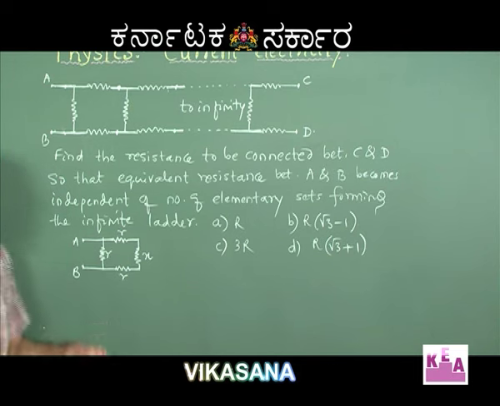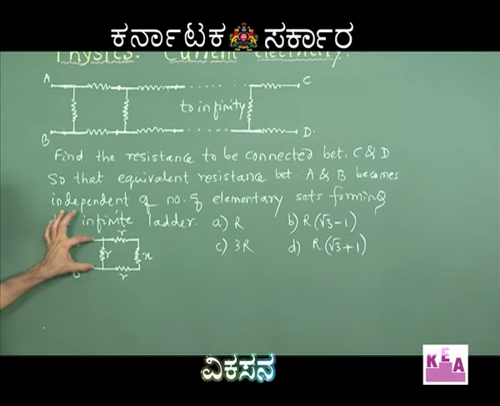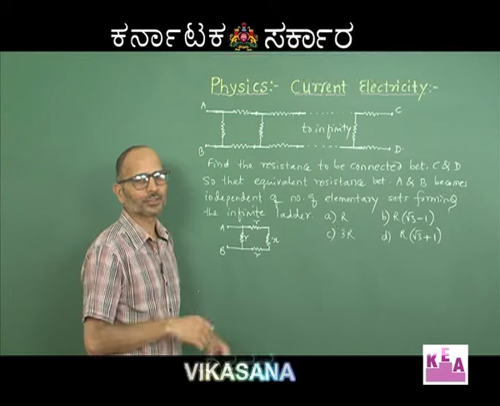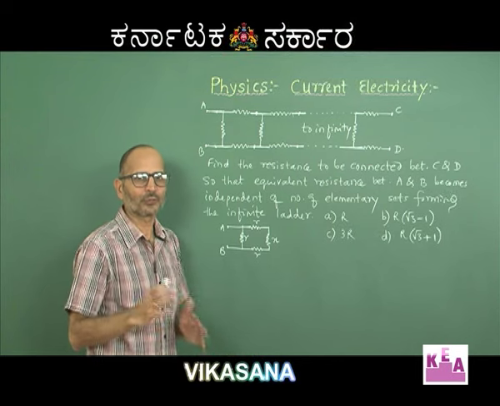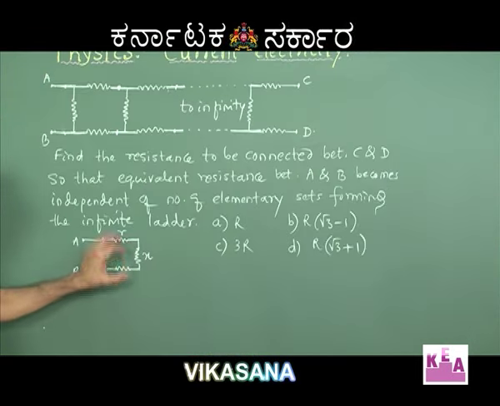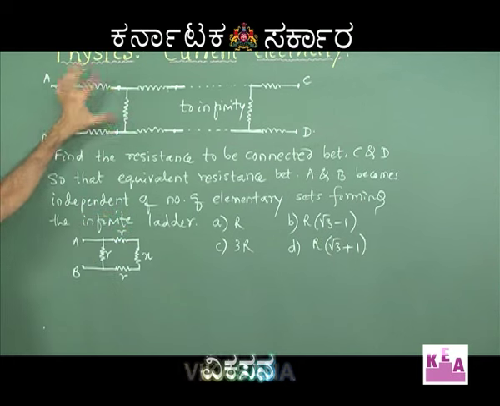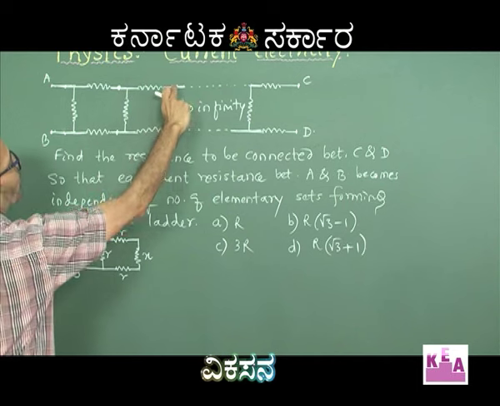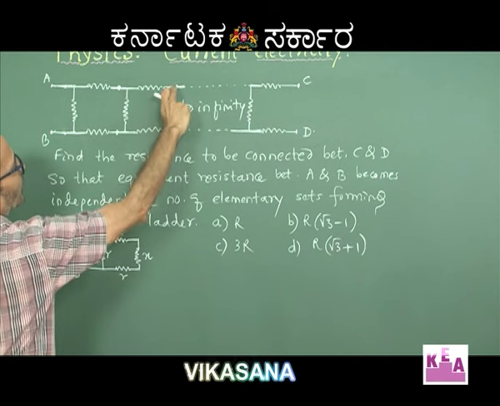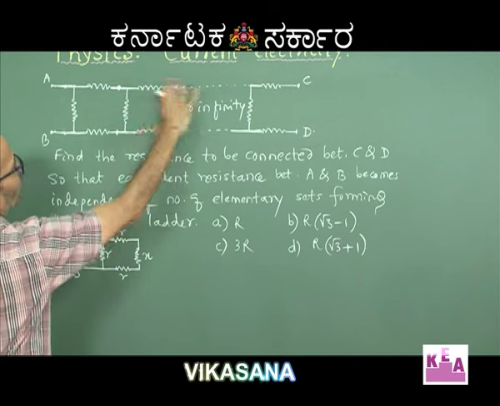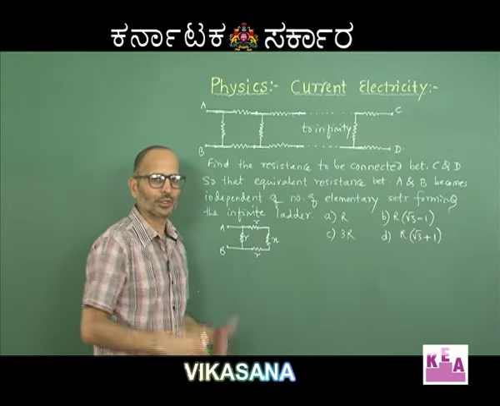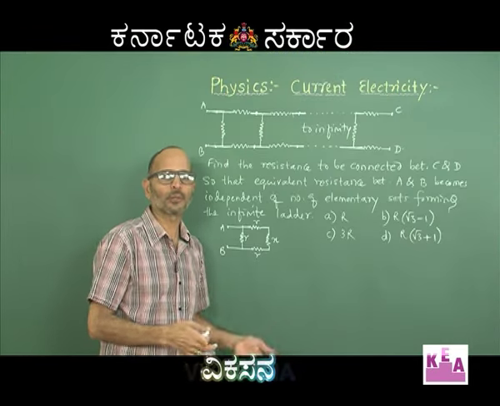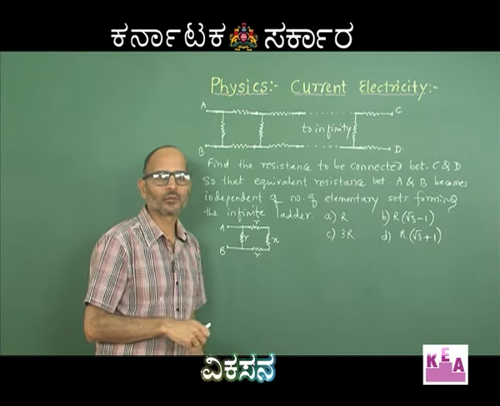Okay, but you may question me, why didn't I connect it here? Had I connected it here, the equivalent resistance between A and B would have been X, and X was not the answer. You are trying to find the value of X, please remember. So, I have connected it between these 2 points. You may also question me as to why did I connect between these 2 points and why not between these 2 points. If I connect that X between these 2 points, the circuit will be much more complicated, in the sense the equation which I am going to get to solve may be a cubic equation.